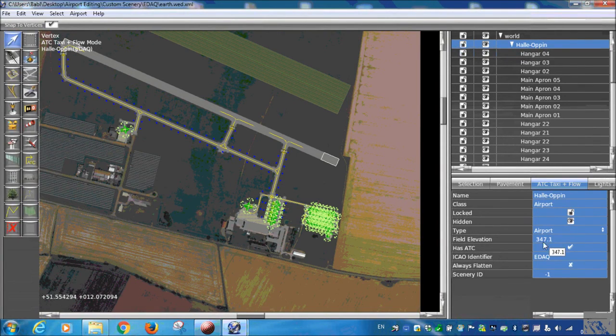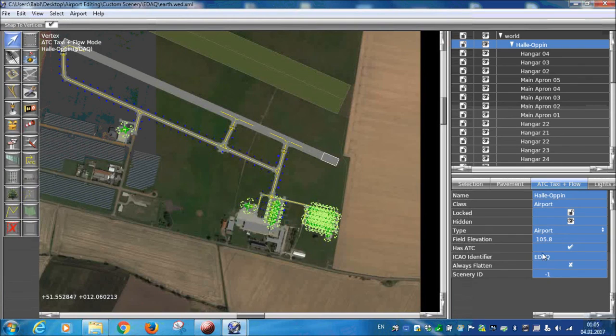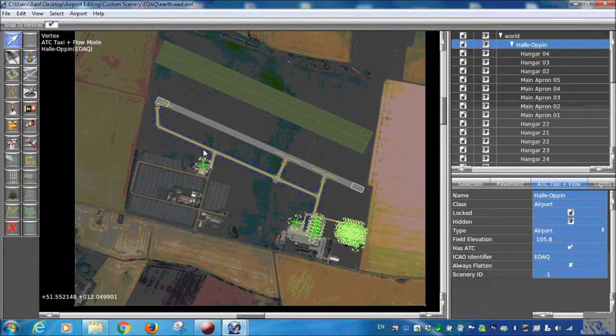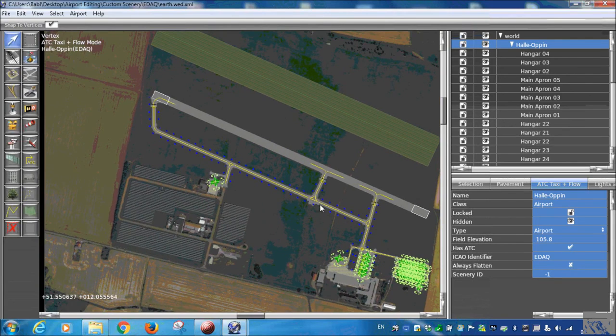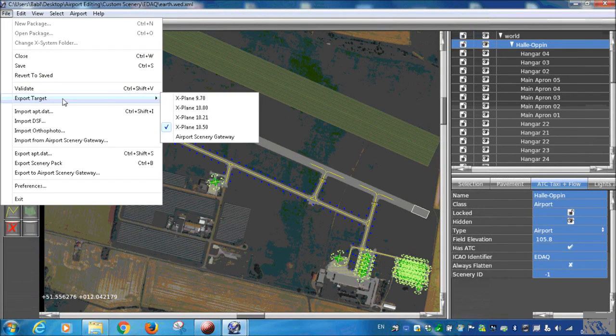This is the field elevation. It is either 347.1 feet or 105.8 meters. You can change feet and meters in the view menu. And please compare the field elevation here to the field elevation you get from official charts or by looking it up at Google Earth, so you have the correct altitude. Once you have checked that, go to File and check if the export target is set to